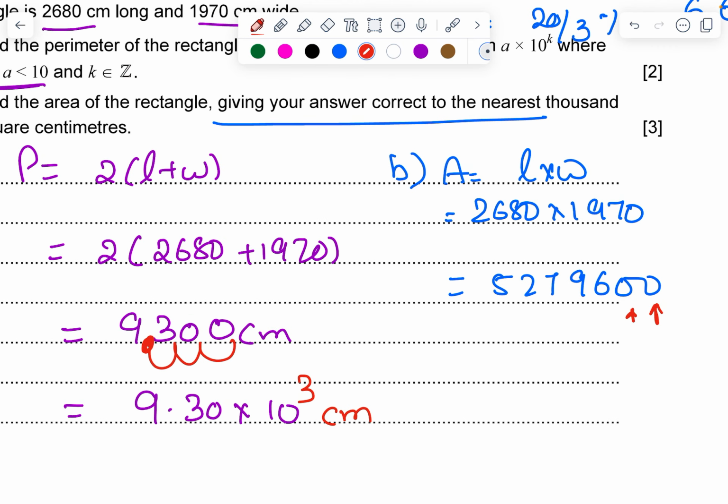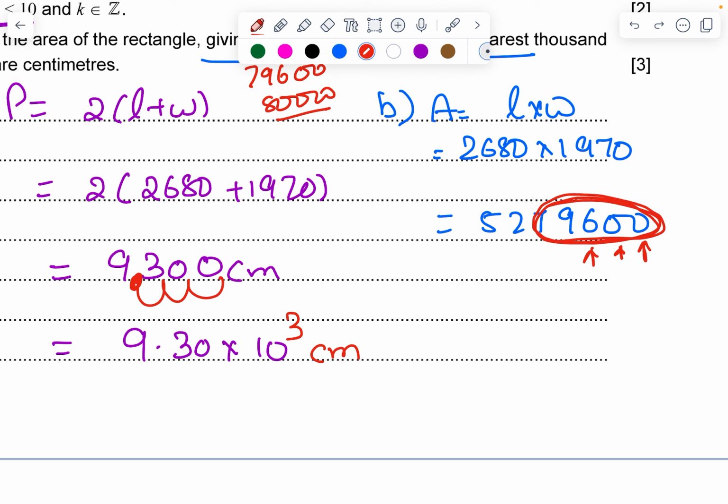So, I have to go to this 79,600. Nearest to 1000 for 79,600 is going to be the thousands one. So the nearest one for 79,600 is going to be 80,000. Or else, if at all you don't understand like that, what I can do is, I got,